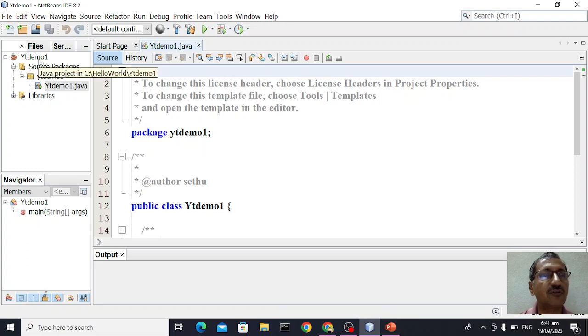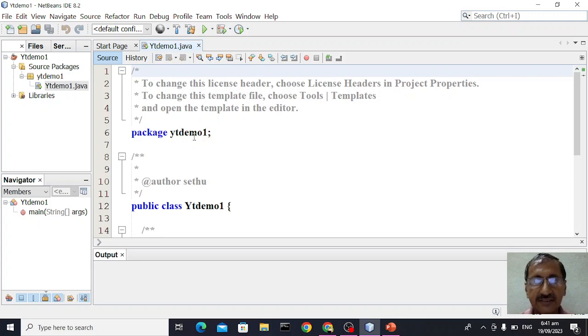It's YT demo, the project name, and there will be some source packages. This is a package name actually. So this is the project name. The project name will be similar to whatever we have given as the class name with capital letters, but the package name will be with the same name in all small letters. Look at this, package yt demo 1, all small letters. Automatically this IDE will create a package.